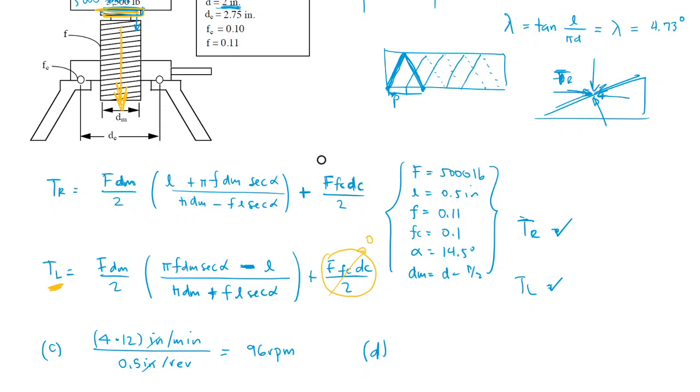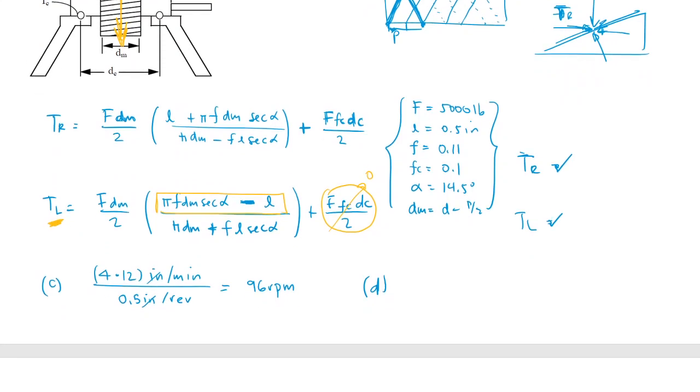How do I know if this is 0 or negative? If this numerator is 0 or negative. So if pi f dm secant of alpha minus L is lower or equal than 0, it will overhaul. Okay, I put those values in there and I get something like 0.18 ish and positive, so it means that it's greater than 0, so it means that it's locked into place. It means that the load, oh,